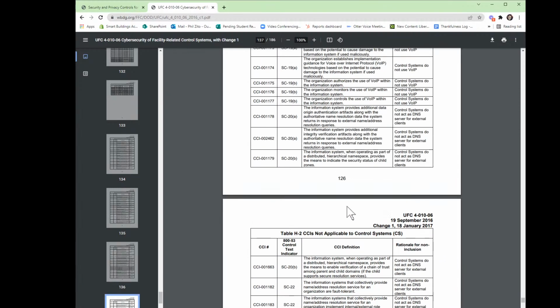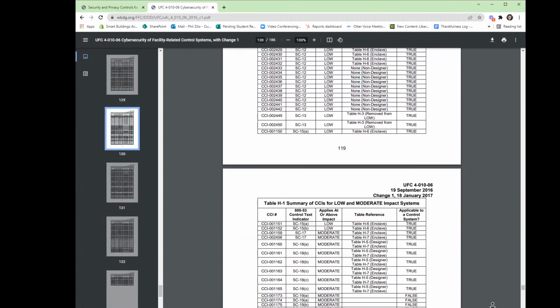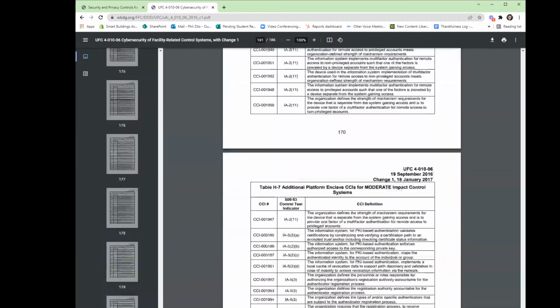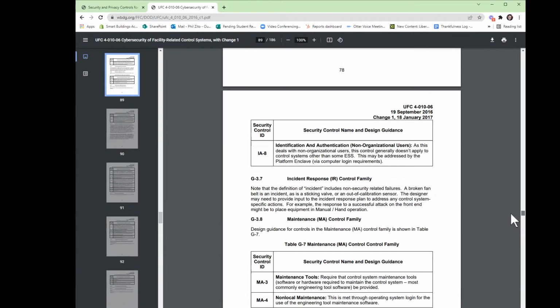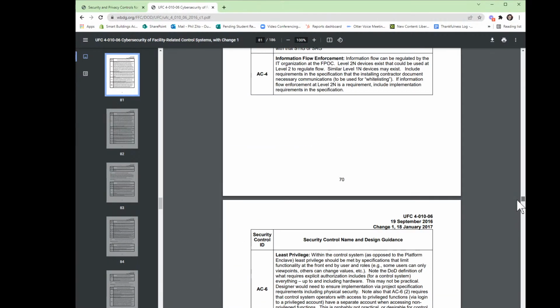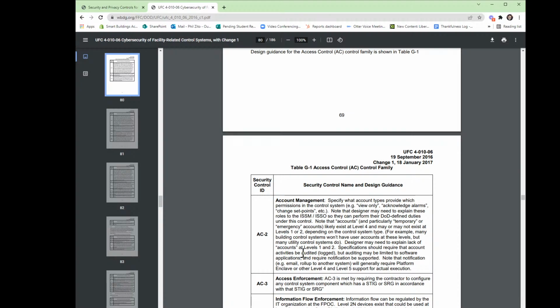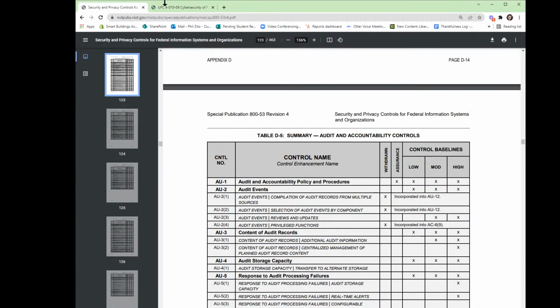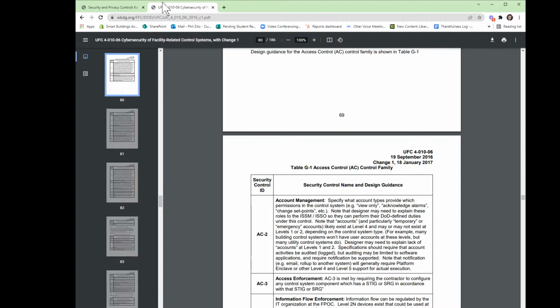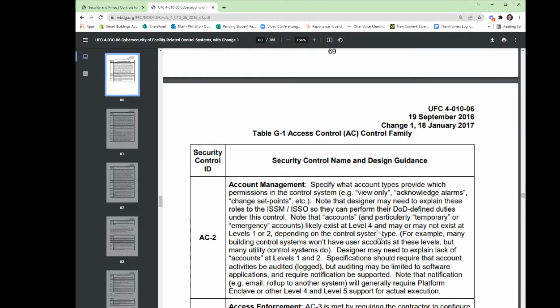Why I like this, if we get about two-thirds of the way down, what you're going to see, and I may not have got there yet. Let me see. I may actually have overshot it. Yeah, I overshot it. All right, so about two-thirds of the way down, you'll start to see these controls, they directly parallel with the NIST 800 controls, and controls being cybersecurity, logical, technological, physical, or administrative, so process, policy, procedure, that you can put in place to ensure that your system